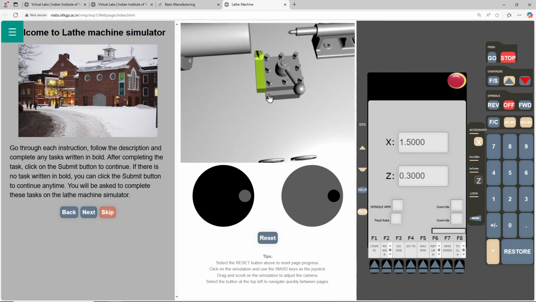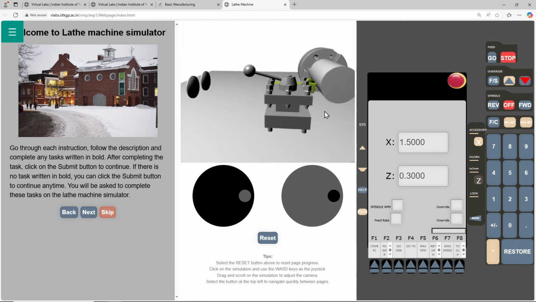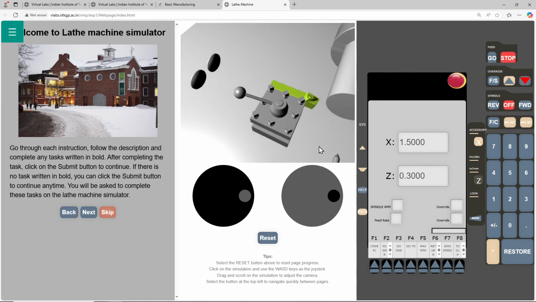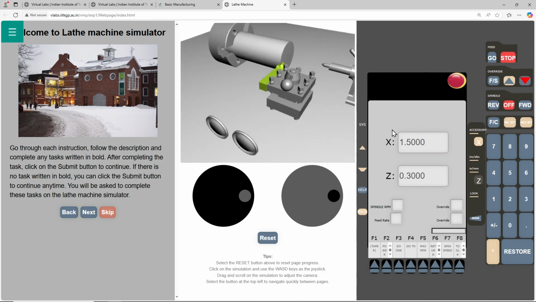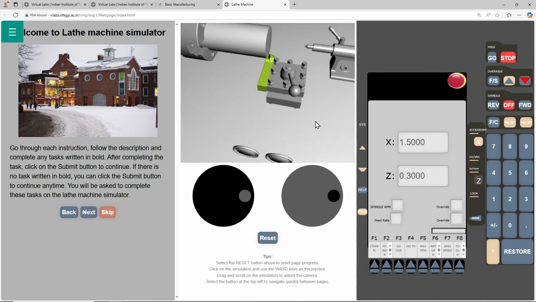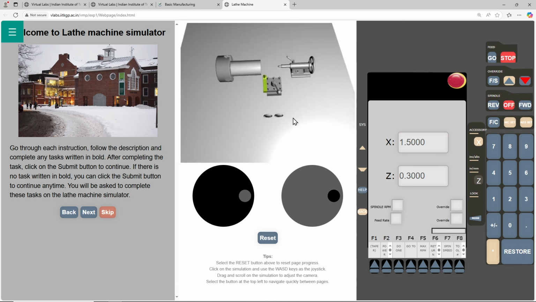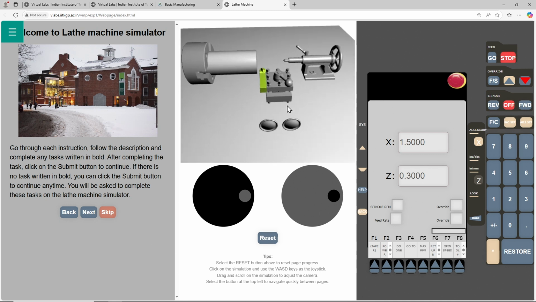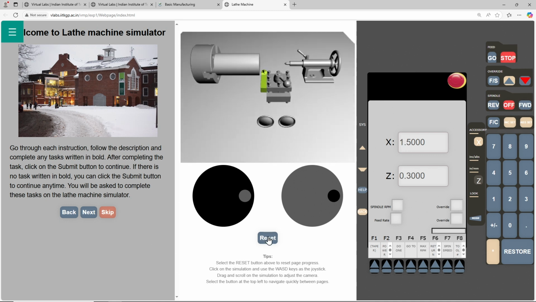While clicking the left button, I can pan and see it from a different direction. For example, if I try to see from this direction whether the tool has engaged or not, this could also be seen. I am just zooming it out so that we can see it clearly. Let me reset it, and here, while clicking the X or Z alphabets, I can input the value.